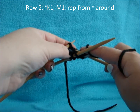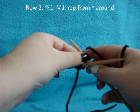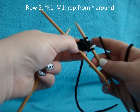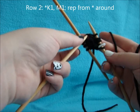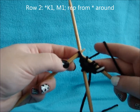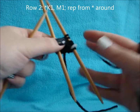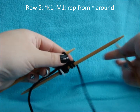So knit 1, then increase by picking up the horizontal bar and knitting through the back. Knit 1. Then we're going to put the increase on this stitch. So right in the middle between our needles, we're going to pick up a horizontal bar, knit through the back. So now we have 6 on this needle alone. Now we're going to move over to our next needle,